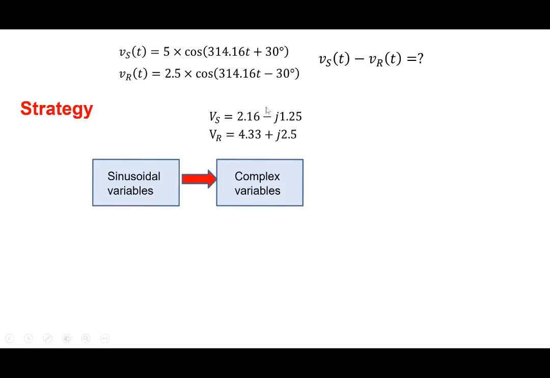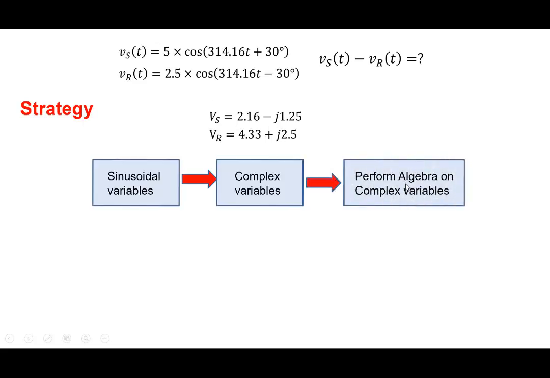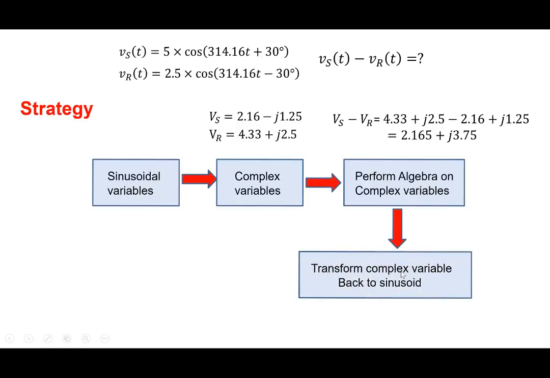Vs is 5 e to the power j30, which, if you expand it out, is 2.16 minus j125. Vr is going to be 2.5 e to the power minus j30. Well, if you expand it out, it's this here. So you transform these variables into complex variables. Perform algebra in complex variables. You want to subtract these two quantities, Vs minus Vr. So do that with the complex variables you get here. After you perform the algebra in complex variables, transform the complex variable back to a sinusoid. So VL, the signal that you're looking for, will be this signal here, which can be written as 4.33 e to the power j60 into e to the power j omega t. Take its real part and you